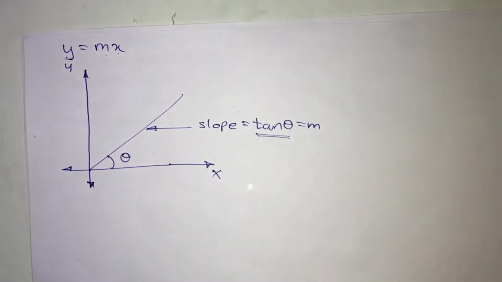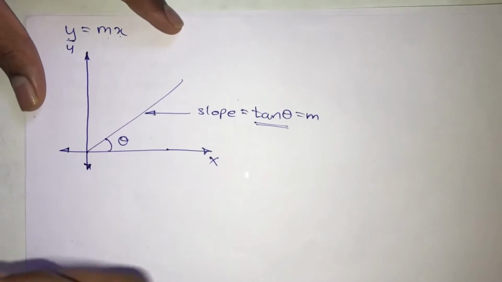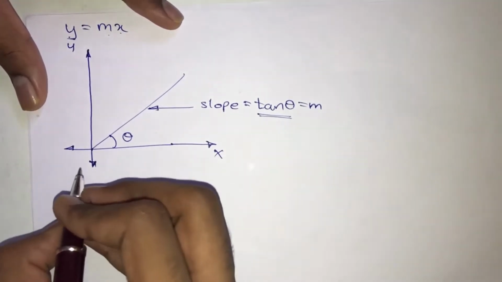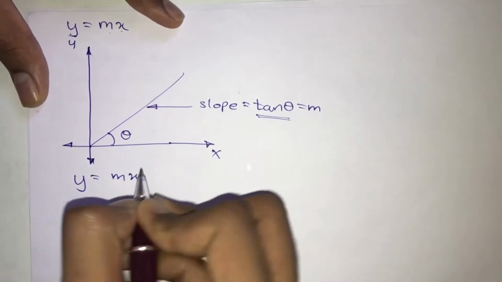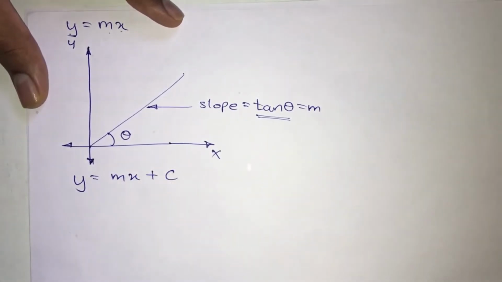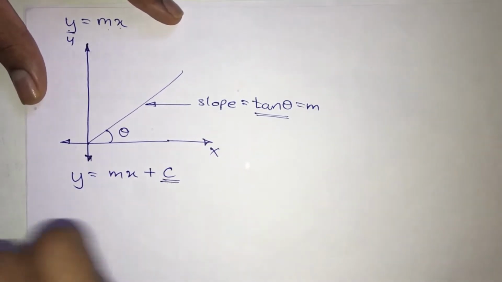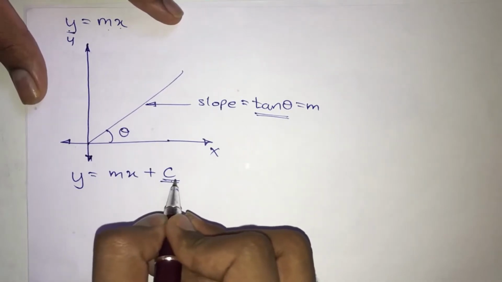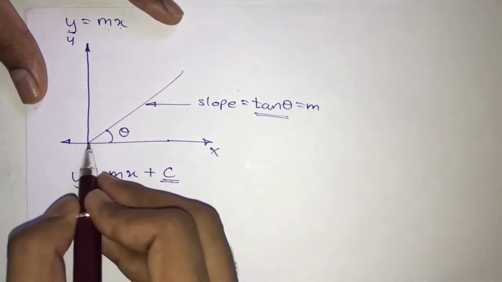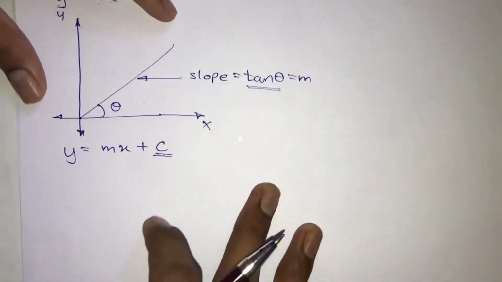The next thing I would like to mention over here is that you need to understand one more equation of a line. Okay, so the next equation is nothing but y equals mx plus c. Now since here there is a constant added, here c is nothing but a constant, therefore our line is not going to pass through the origin. So from where it is going to pass, let us understand that.